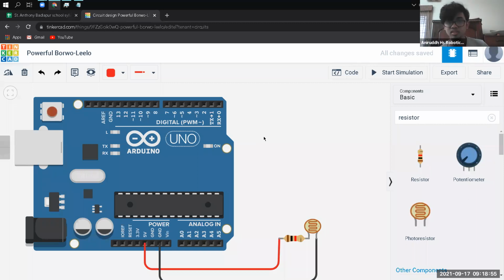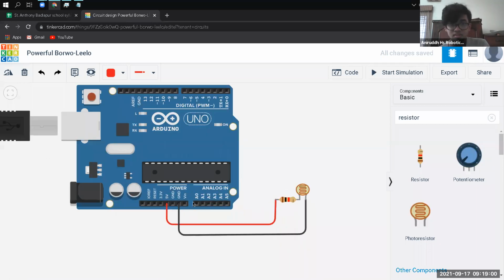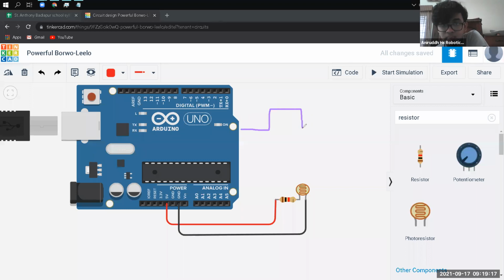Whereas analog pins, apart from PWM, forget about PWM for now, have a special capability. The digital pins can detect if there is an off signal, it'll say off. The moment it's an on signal, it'll go up like this, and it'll be on. The moment it becomes off, again it comes down. So this is digital. Digital is just off and on. If it's on, it's above, and below is off.